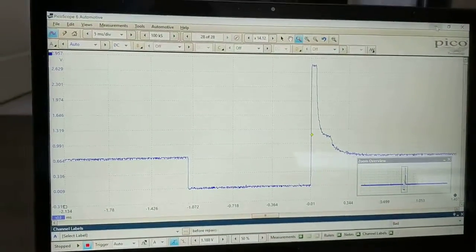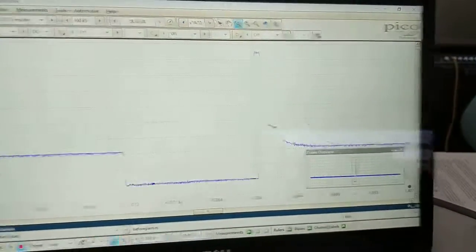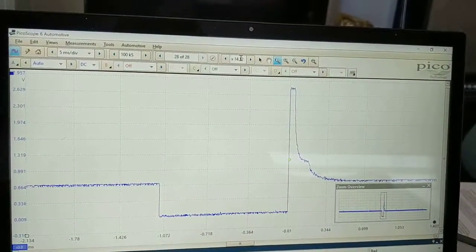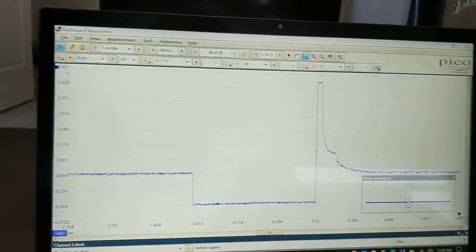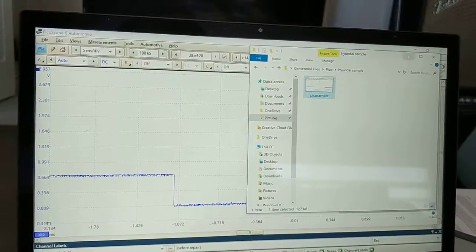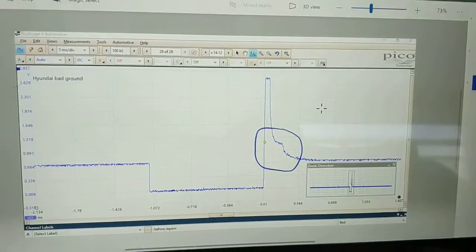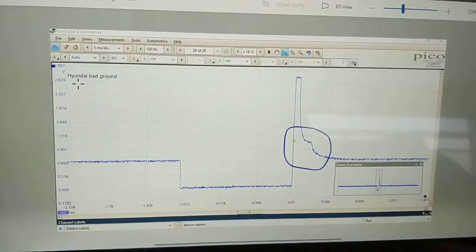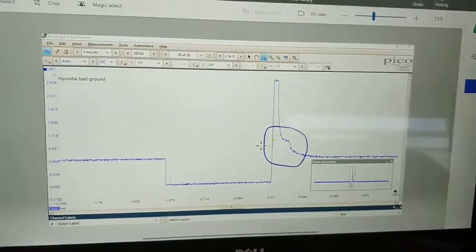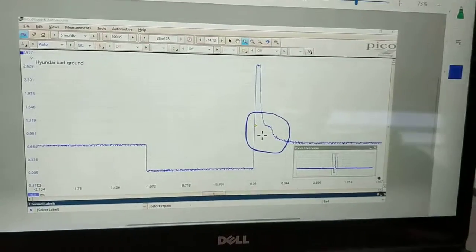So to review what we talked about, I used Pico, showed you how to label the channel, showed you a different way of zooming, showed you a way of scaling your amplitudes and also scaling your horizontal time, right, as well, and being able to take a capture, save it to a folder, right, to keep track of all the vehicles you work on, right, and also to use the Paint software, which allows you to start scribbling notes on it, let's say, right? Eventually, you would have a good signal, then you can make a little notation, let's say, okay, after repairing the ground or replacing the injector, the signal is now okay. And it's good this way, so if you ever have the same problem in the shop that you work